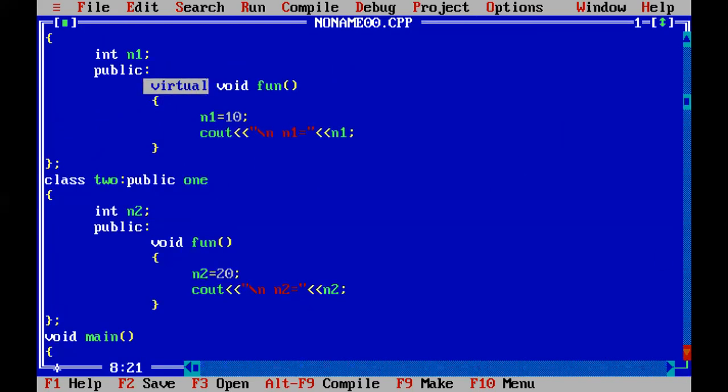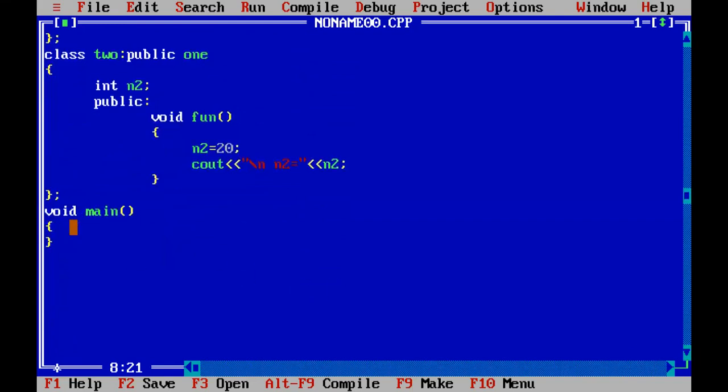Now as we know, in the main function we create objects of the class. So clrscr first of all. Here I'm creating the object of the base class, which is class 1. So o1 is the object of the base class.